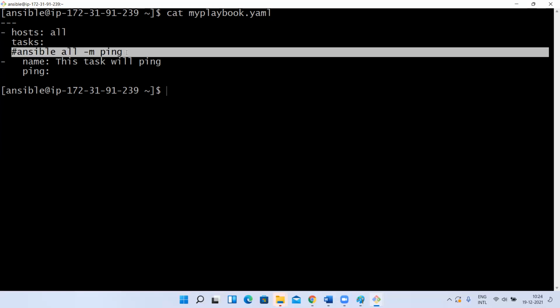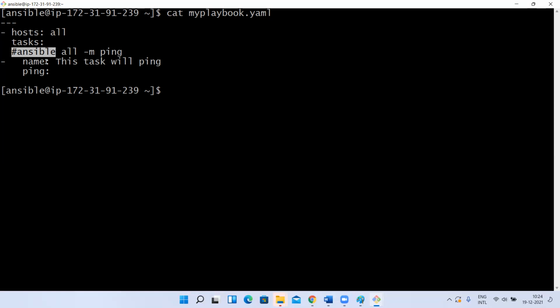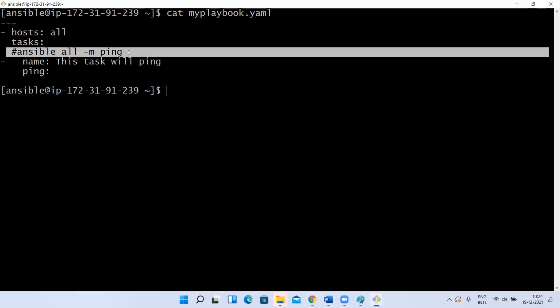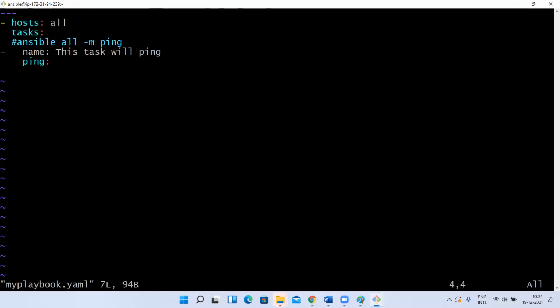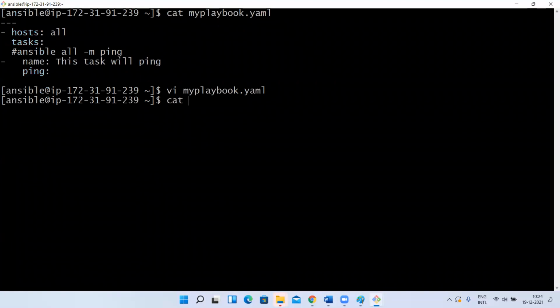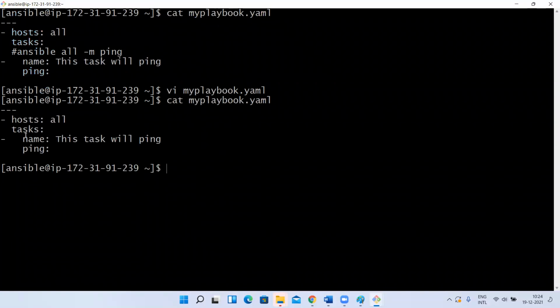And this is a comment. It is useless; I just wrote it to show something I'll discuss later, and also to tell you that this is a comment. If you want, you can remove it. If you have any confusion with this, let's remove it, no problem. So I'm going to remove that line. We'll see later why I wrote it. So now under tasks, we have to write the actual task. You can write multiple tasks, many tasks if you want.